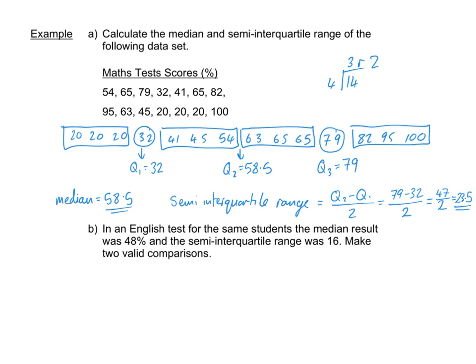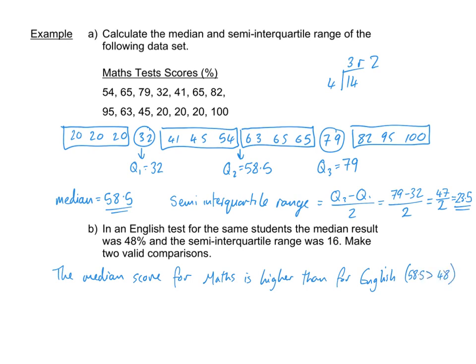Now, median is a type of average, so if we're answering that, we want to use that kind of language. So we would say the median score for maths is higher than for English. And a good way to compare that is to just in brackets say my 58.5 is greater than my 48% for English. Now, what we're doing when comparing medians is comparing average values. So a median is a type of average, so we would use the language, so on average,